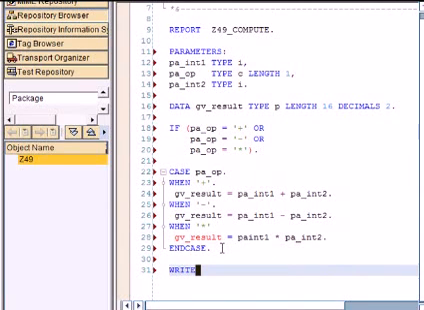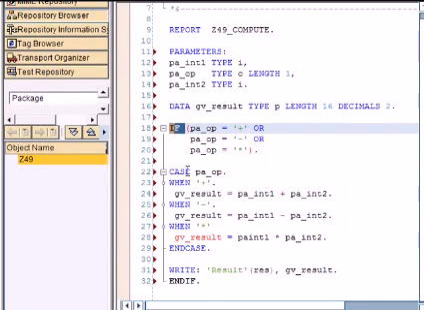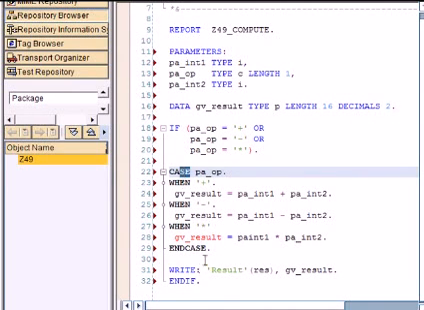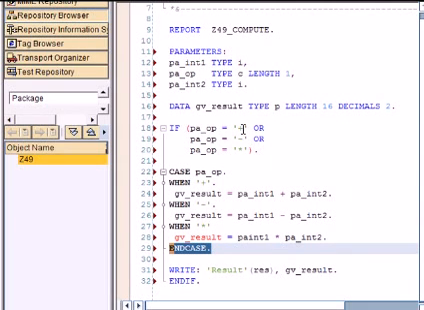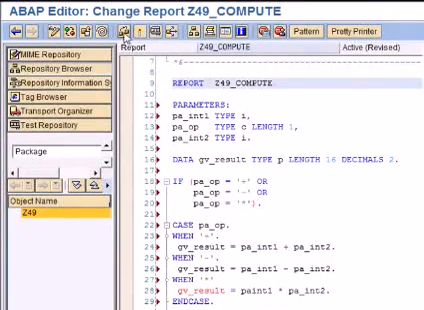So I use the write statement, write result gv_result, and now I need to close my if statement, which I started here. So as you can see, the if statement is closed here, the case statement is closed here, and my parameters are two numbers and my operations are three different operations. So let's do a quick syntax check,